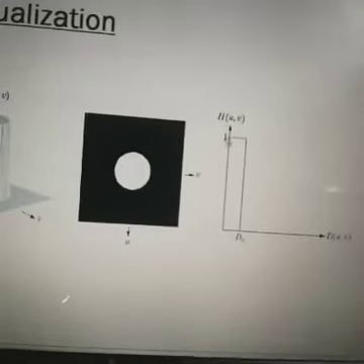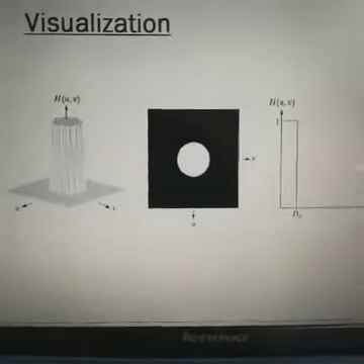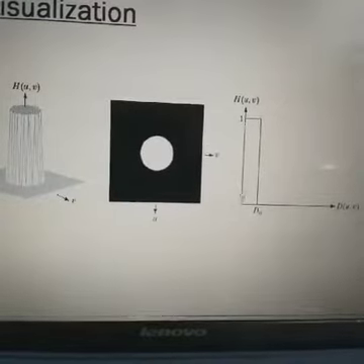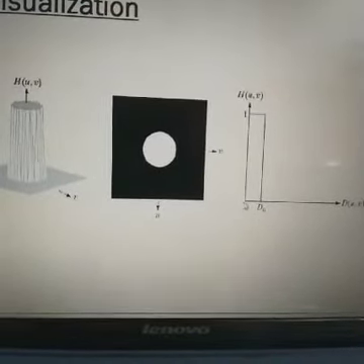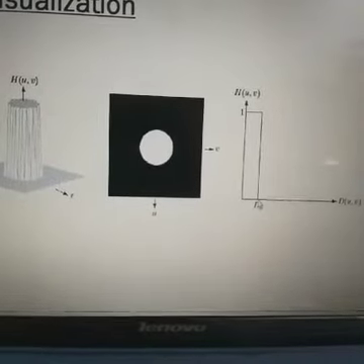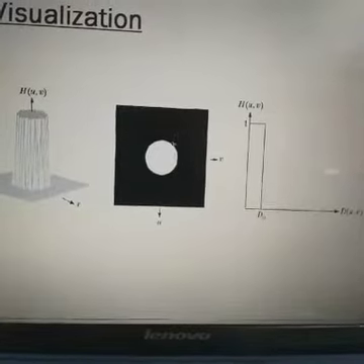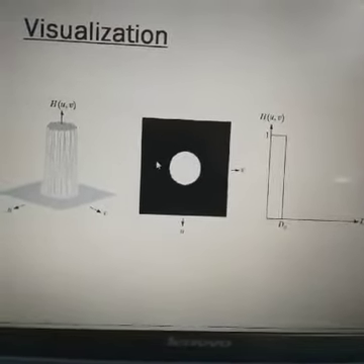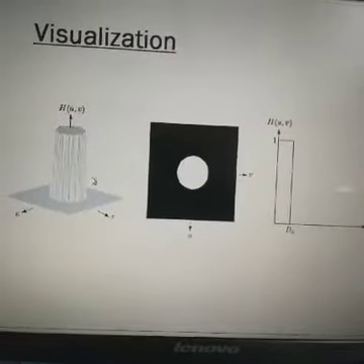Clear? Here the value represented as 1 means that D0 is greater than or equal to 0. 0 is the origin, so it is apart from the origin, and it is represented like this. This image is the actual image, the whole image is the actual image. This part shows the image filtered by the ideal low pass filter, and this is the actual result.